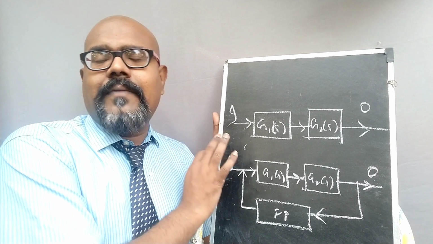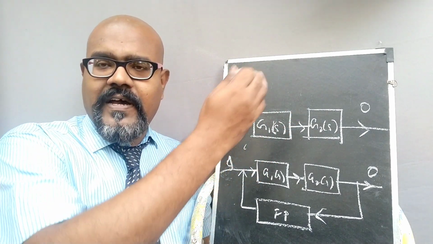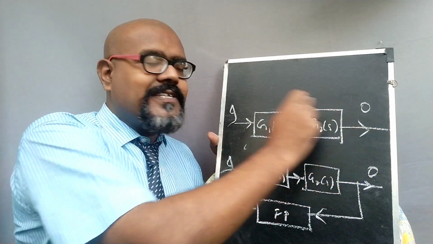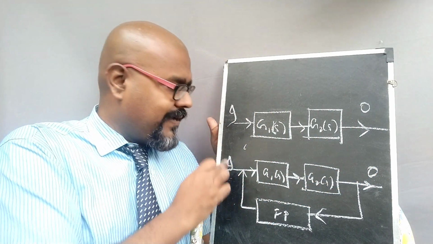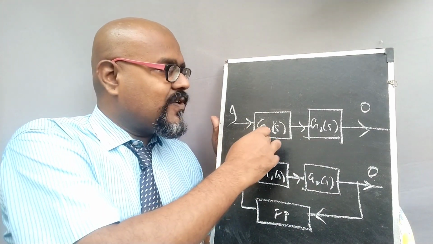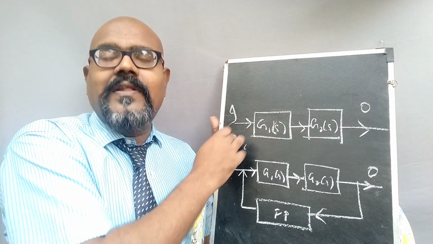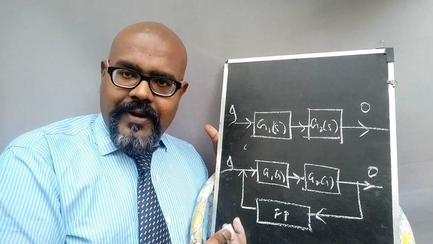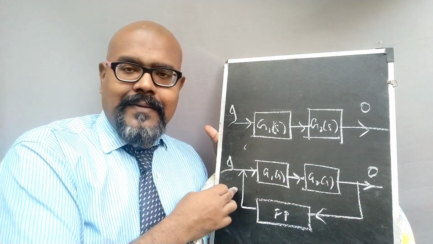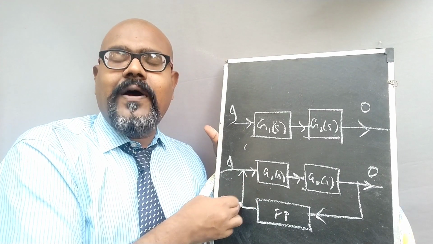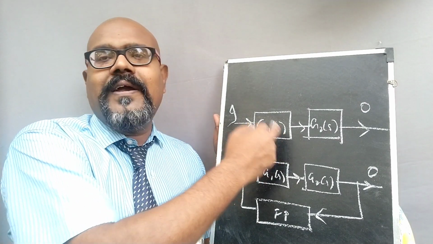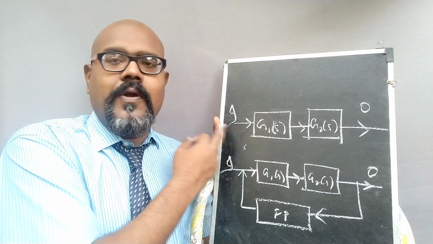Here is the block diagram of closed loop system and open loop system. Let us recall everything. This particular notation resembles the open loop system. This is considered a closed loop system, because the open loop system should not have any feedback path. The output should not be corrected automatically. But the closed loop system has a feedback path. Because of the presence of the feedback path, the output can be corrected automatically. Here in the open loop system, the output should not be corrected automatically.